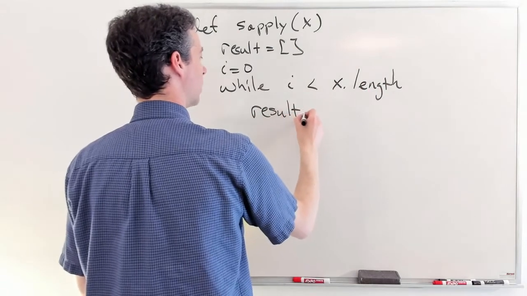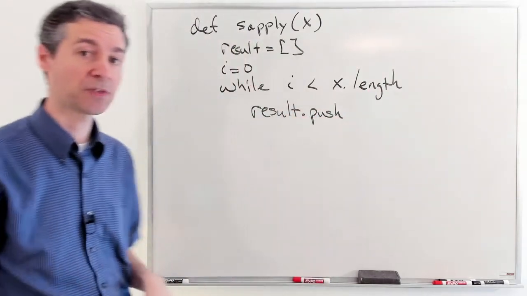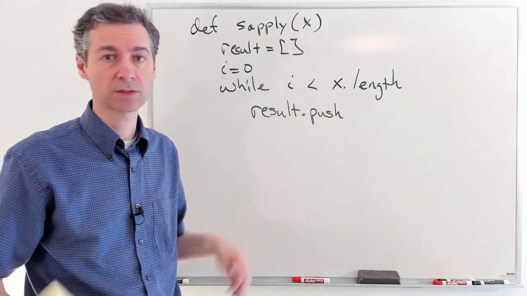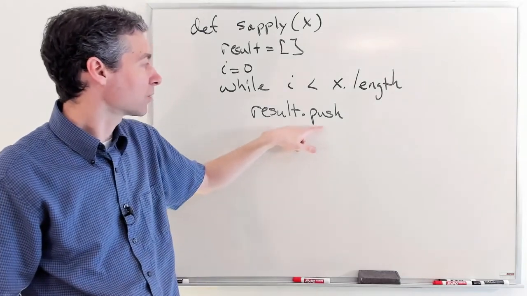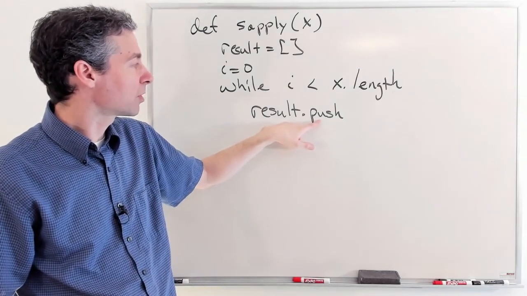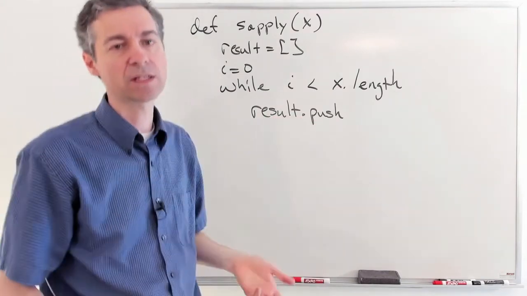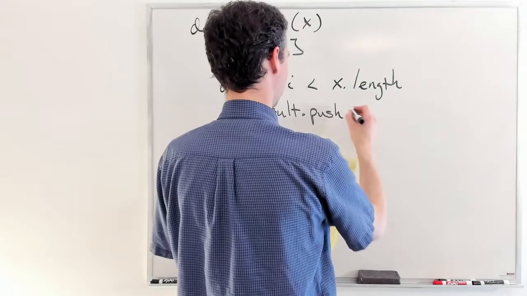Now arrays in Ruby have a lot of methods actually already defined on them, just like vectors or array lists and other things in Java and so forth. So we can push onto it like it's a stack, which means just to append to the end of the array. So we're going to push onto result